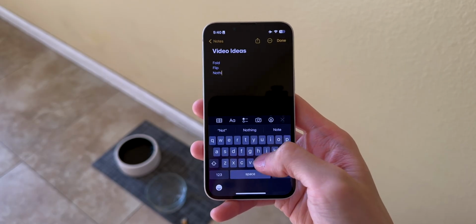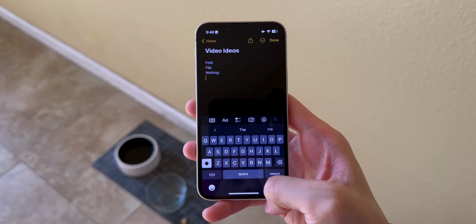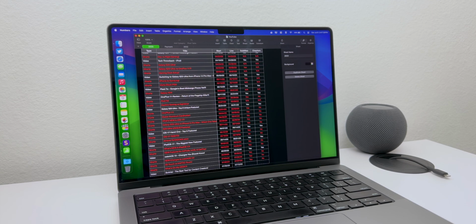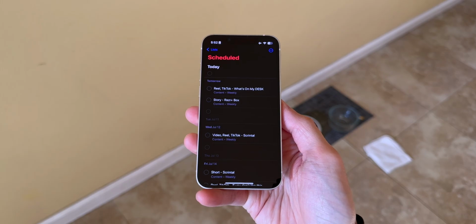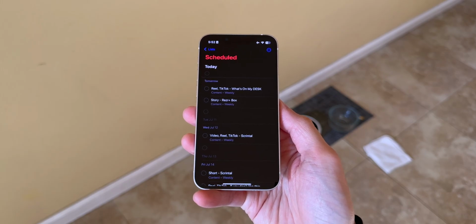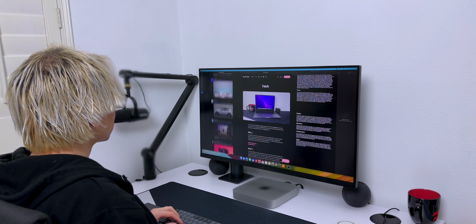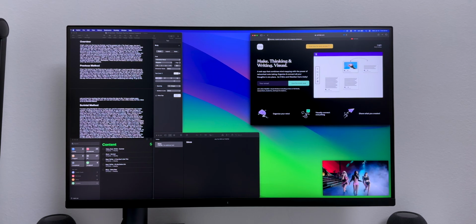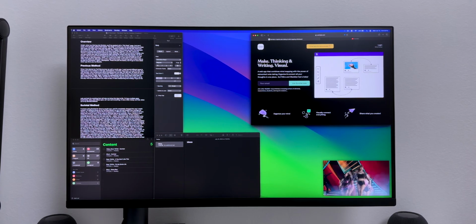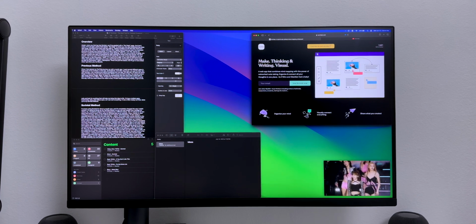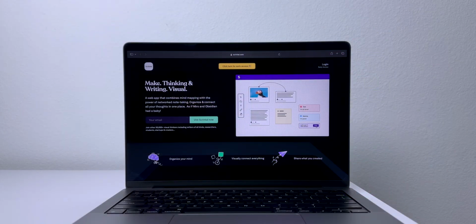When I come up with an idea, I try and jot it down right away before I forget. Next, I'll open up my spreadsheet and see which week is best to start the video. Then I'll add it to my reminder app to remind me to have it up by this day. And 1 week before the video is due, I'll start researching and writing. I'll go on the web and look for anything that will help me bring this idea to life. I'd have multiple apps, bookmarks, tabs, and videos open, so I can see everything. It was a little messy, but that takes us to my Skrintle method.